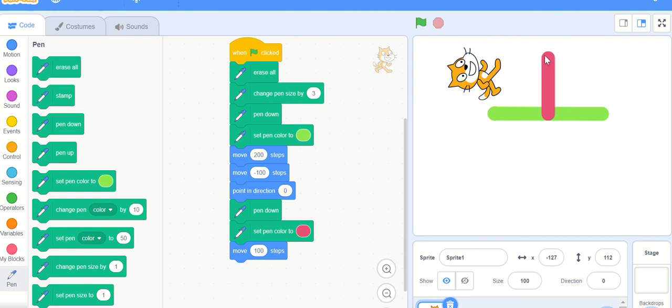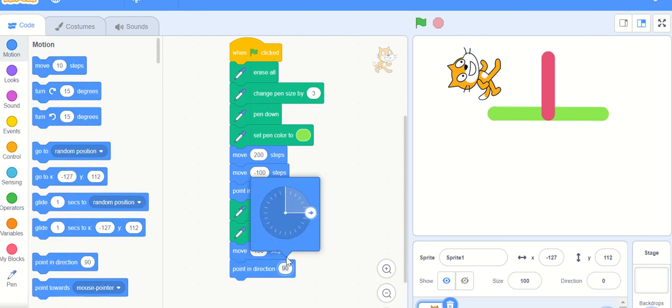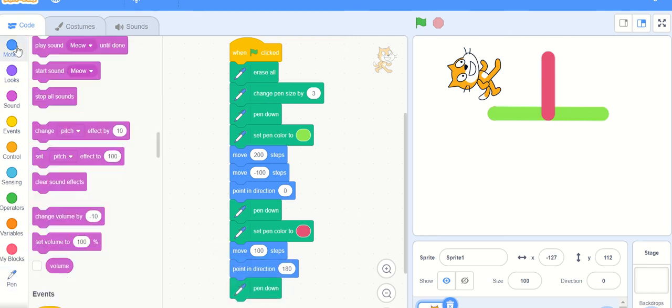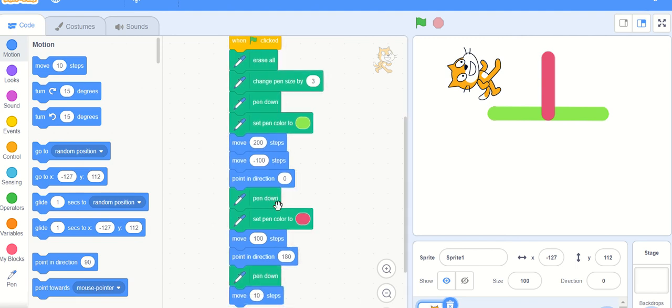This time I want the sprite to go down, so we will change the direction using point in direction to down. This time the sprite will go down and then we will draw the line. To draw the line, again the pen down command, and along with it we use move. Here the value of the move command is 200.